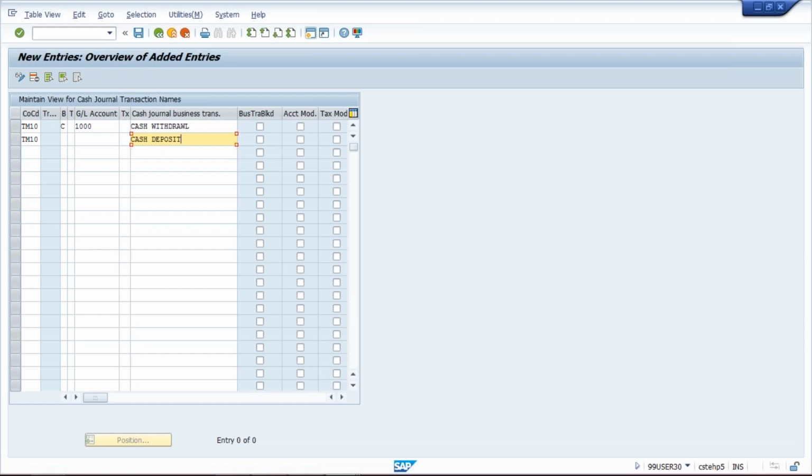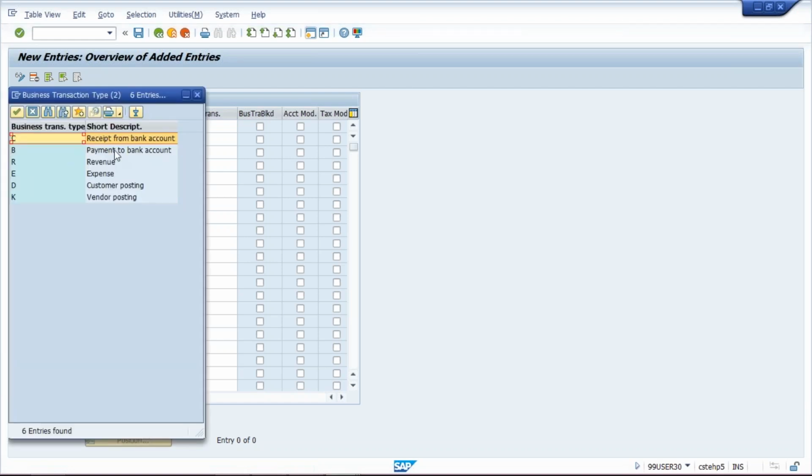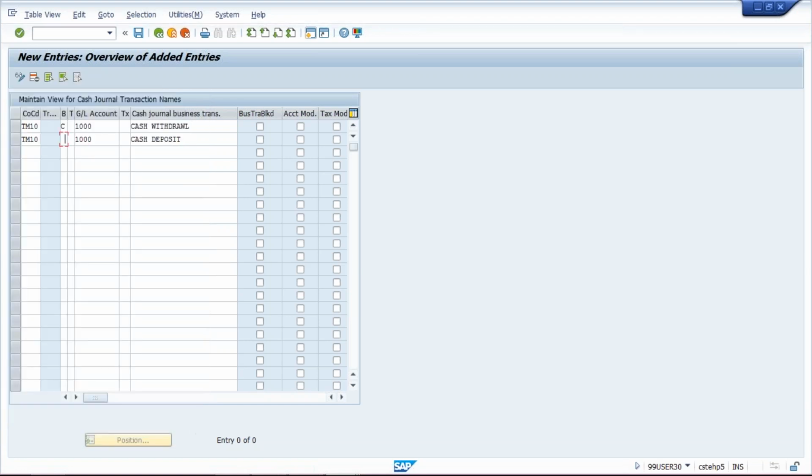Petty cash GL, as I said, I have already linked somewhere. Here I am going to give the bank GL. But in this type, if you search the business transaction type, it will be payment to bank account, because cash deposit means we are depositing to the bank account. So that's what we are going to select, business transaction type, payment to the bank account. And then once again give your company code, and the third transaction type is cash purchase.